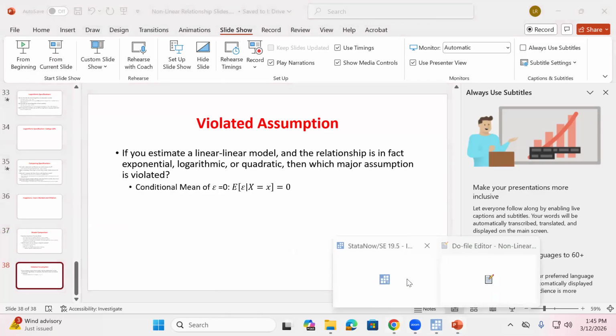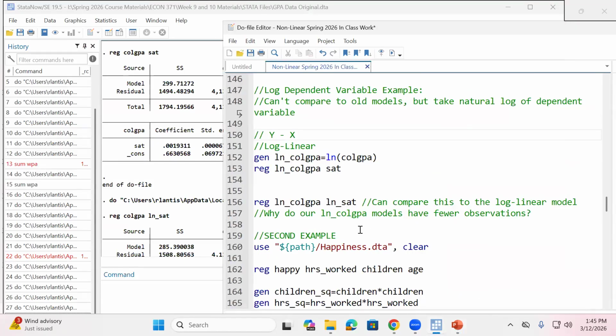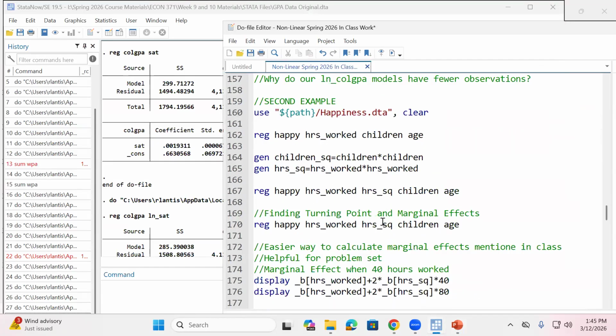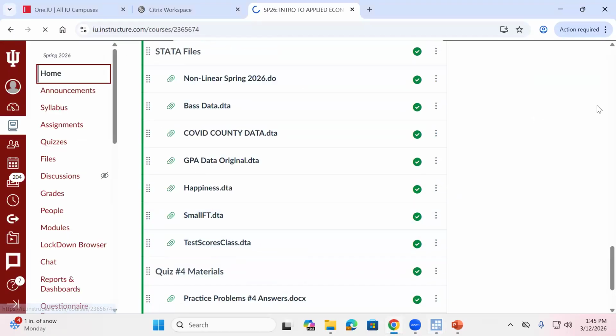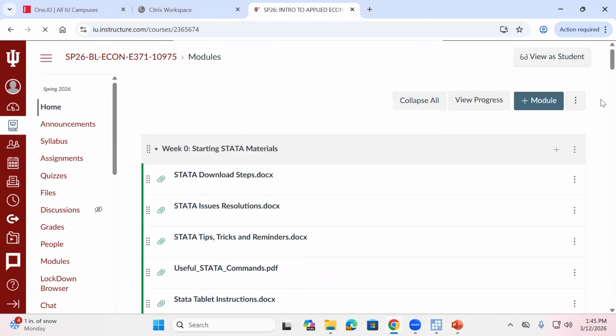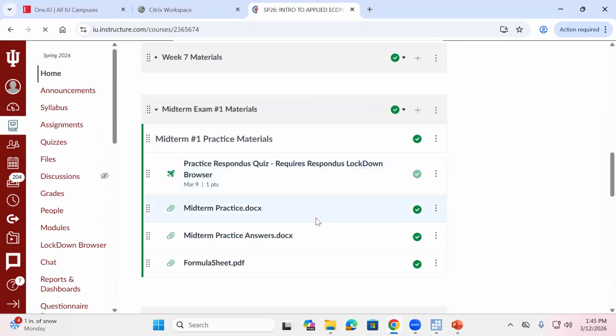And then the only other thing I wanted to mention, since we're getting done a little bit early: I have a second example. I might run through that just to refresh our memory after spring break before we jump into some of these more complicated logarithmic concepts. The only other thing that I want to do today, since you're all here and you hung around instead of getting off early for spring break,